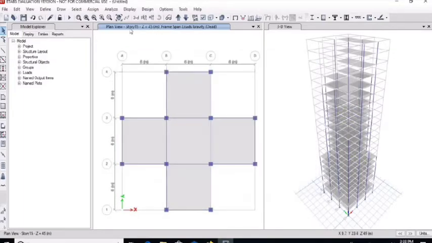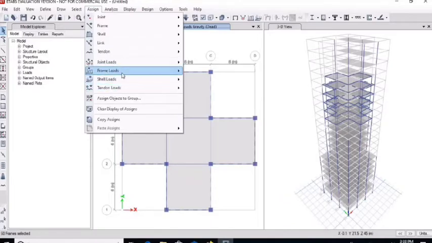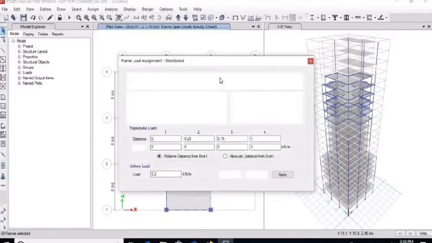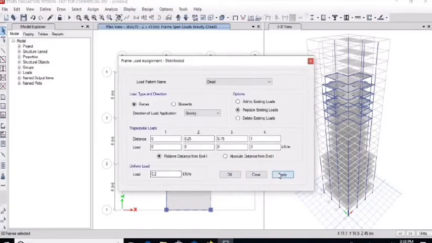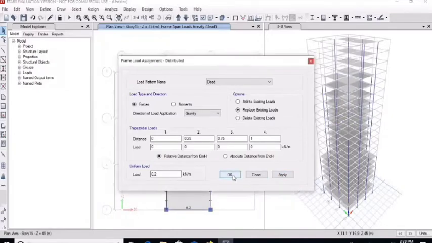Click on OK. Then go to the story number 15. Select all outer beams and follow the same procedure for application of cladding loads. Go to the assign menu, frame loads, distributed load, apply 0.2 kilonewton per meter load. Click on OK.